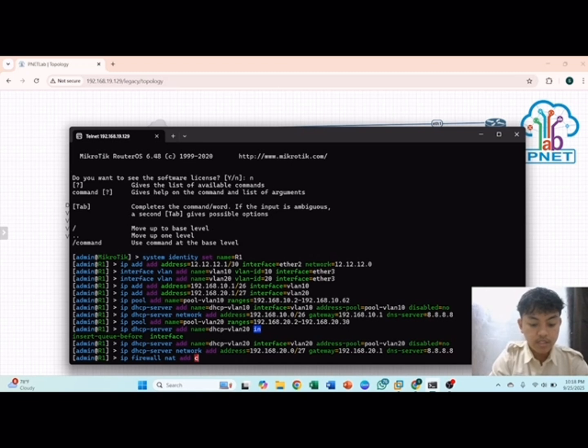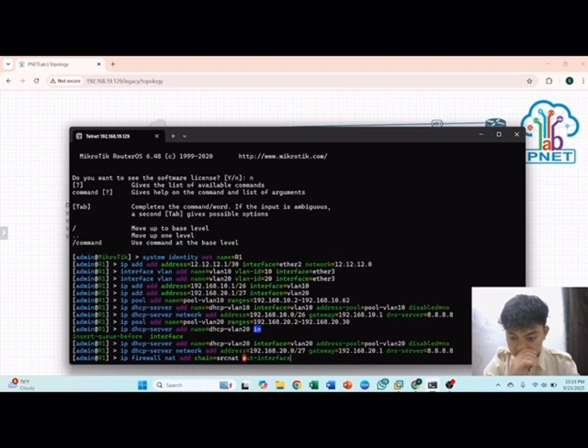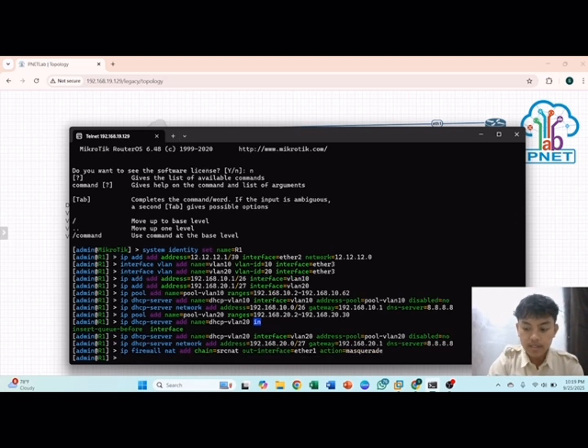Add chain srcnat, the out interface is ether1 and the action is masquerade. Then enter.